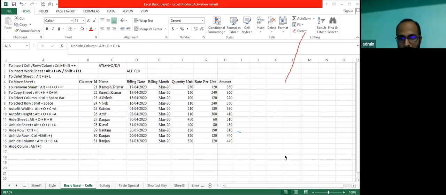Okay, that Amit san wants to say. Okay. Alt O H H and Alt O H U. So Alt O H H. I have mentioned here. Now, if you will see my Excel sheet, I have mentioned here. So I'll be sharing this sheet. No worry. If you find any mistake or you think that there is any typo error, then please let me know. I'll correct it. No problem.